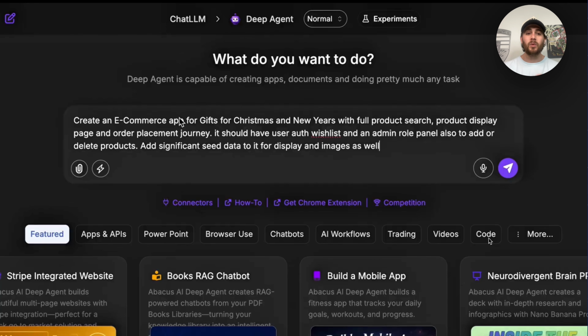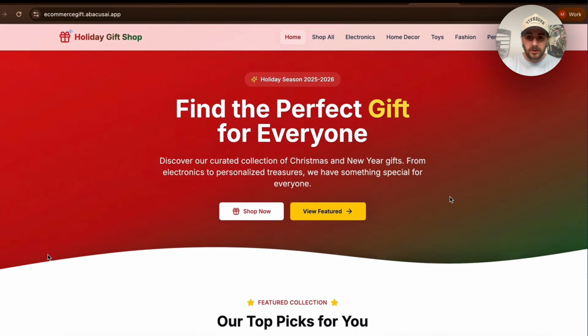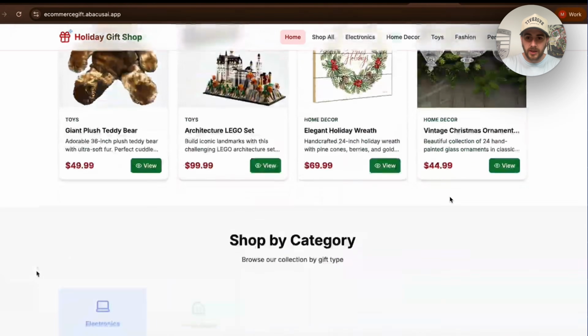So we could come over here and we can create an e-commerce app for gifts for Christmas and New Year's with full product search, product display page, order placement journey, and it should have user auth, wish list, and an admin role panel also to add or delete products. So basically what we're getting this to do is go through and actually create something, and guess what? We are going to create a website, we are going to create an app, and then we're going to put these autonomous AI agents on top of that, so they're actually running the show for us instead of employees. So we could see that this has now gone through and this has actually created this website right here